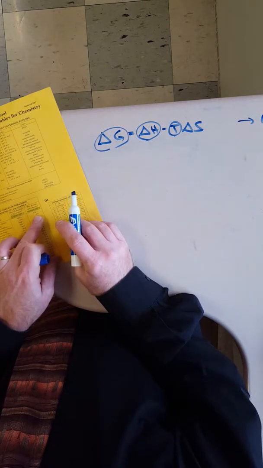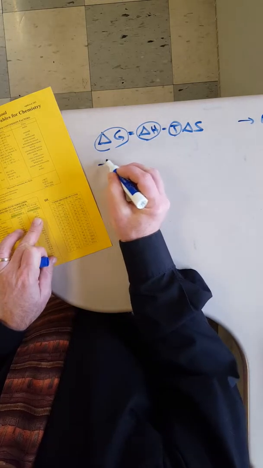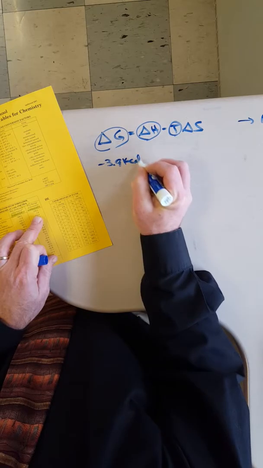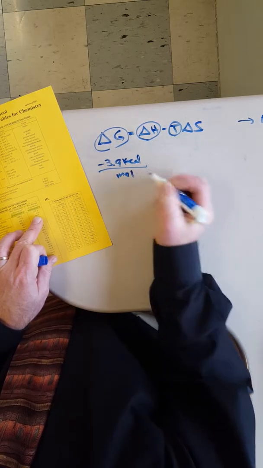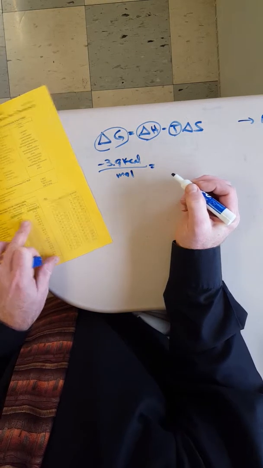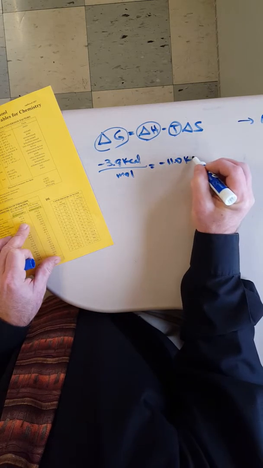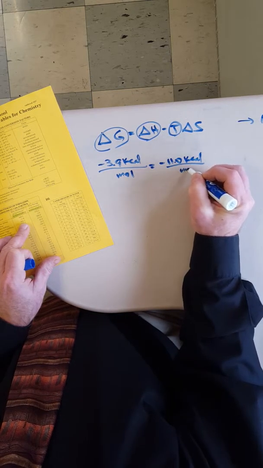It says delta G, ammonia, negative 3.9, and those are kcals per mole. Delta H, negative 11.0 kcals per mole,